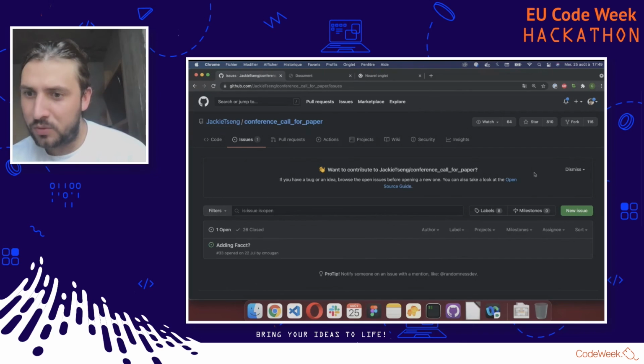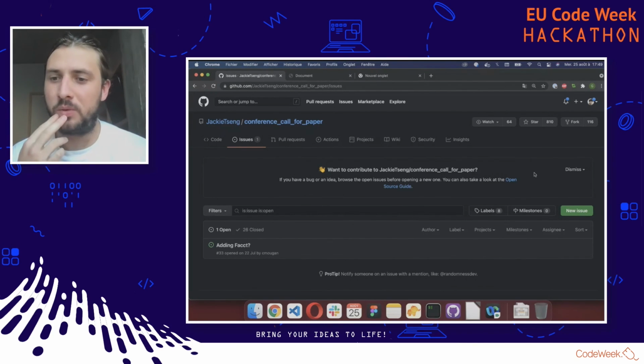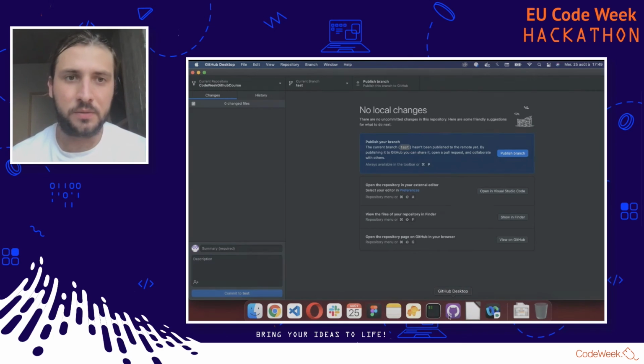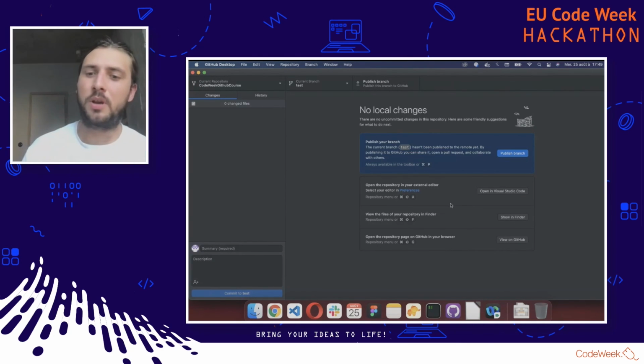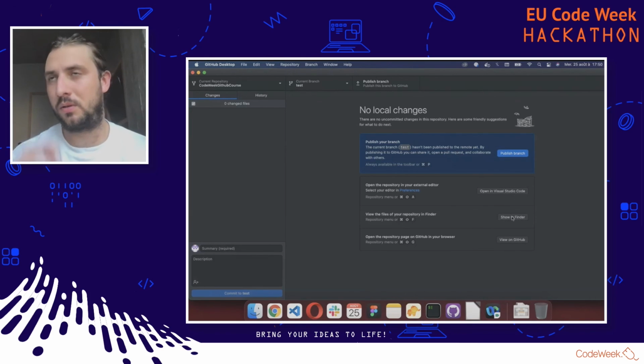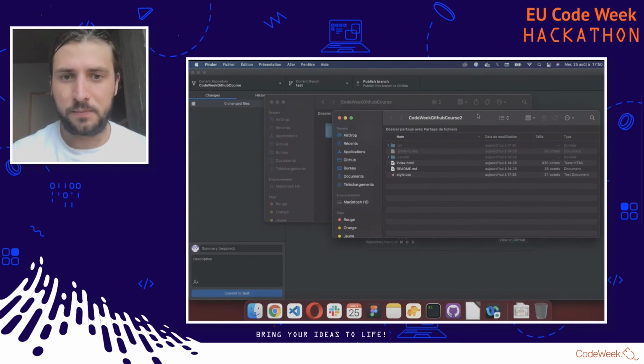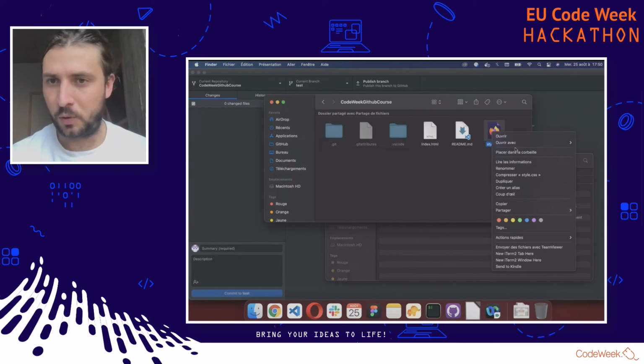Okay, how do we change it? I have made the new branch, but it doesn't let me edit the code. You created a new branch, okay? So you have a program to edit code, such as Visual Studio or whatever. If you don't have one, once you're here, you can open Show in Finder, or on Windows it might be Explorer, the folder where everything is. So you can easily open it with whatever you want,